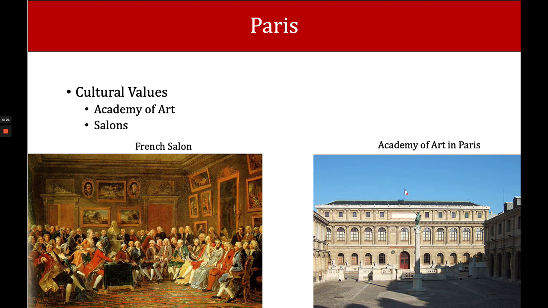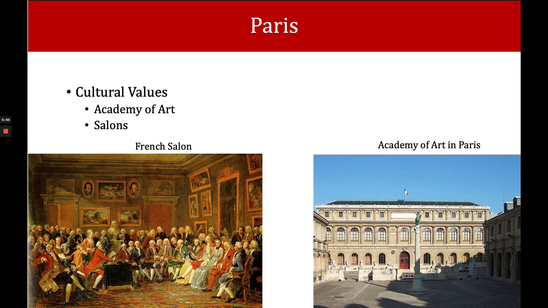And as they kept copying this Italian art for years and years, they started saying, well, maybe we could do something different. Maybe we can add to it. And so slowly but surely, the values of the art world start to center upon France as it starts to fund more and more of the art world. They were expected, as we talked about before, to produce a masterpiece every 3 months in order to glorify the king. And a big part of the Academy of the Arts and centering Paris as the hub of the art world were the French salons.